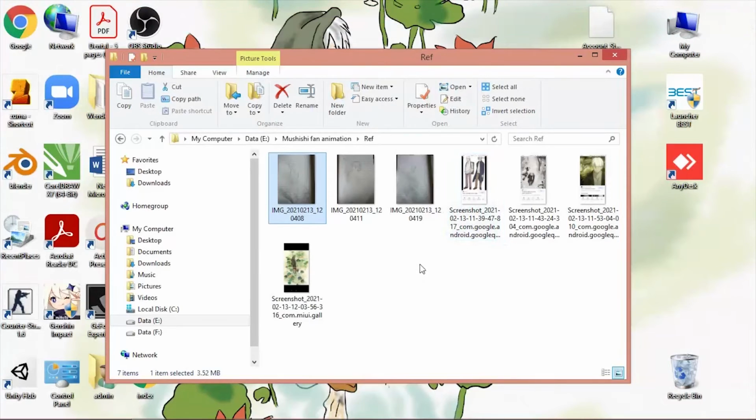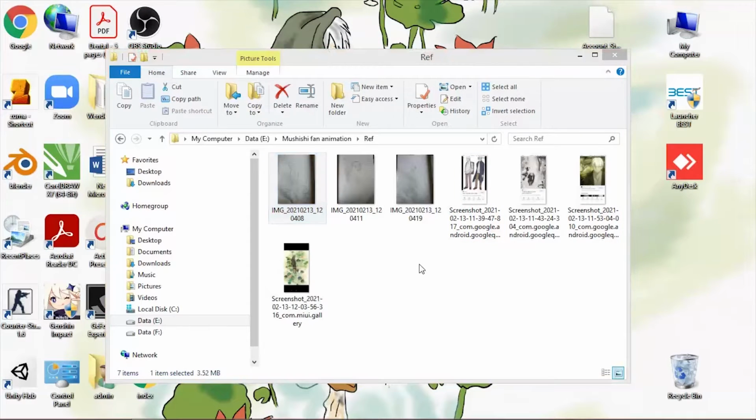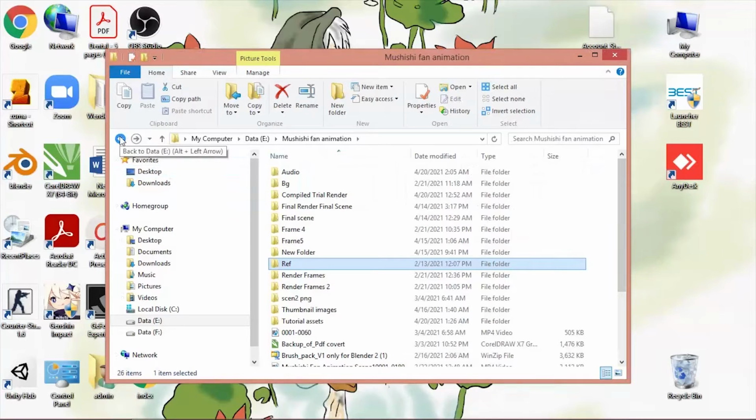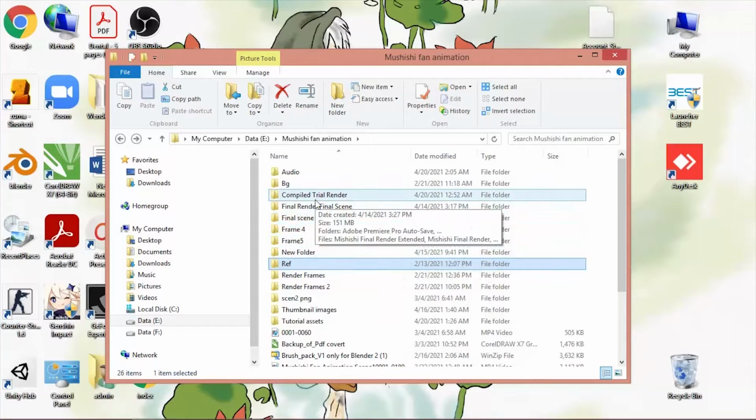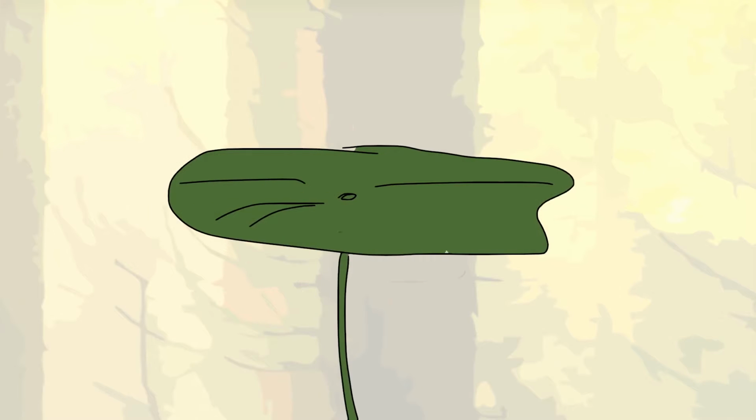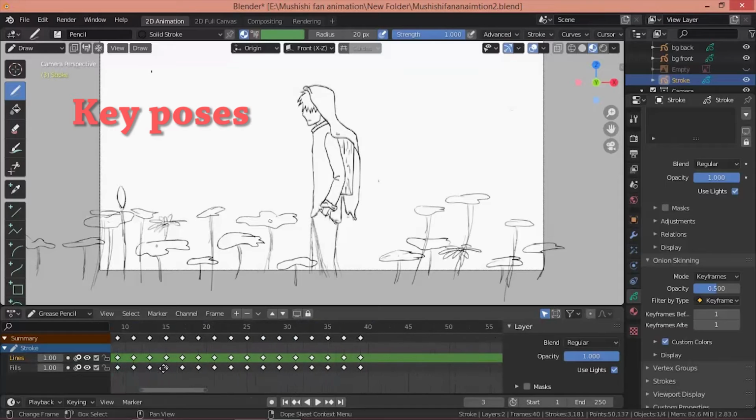And that's the storyboarding process, so I get an idea of how the animation will go through, the path that it will follow. So even before you make any animation, you need to keep these things in mind. Okay, so after seeing the storyboard, we go to the key poses. So let me take you to that.